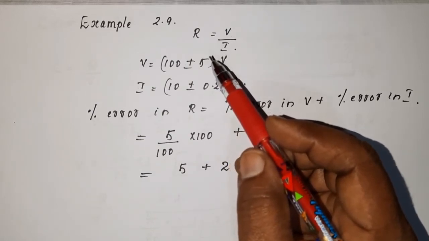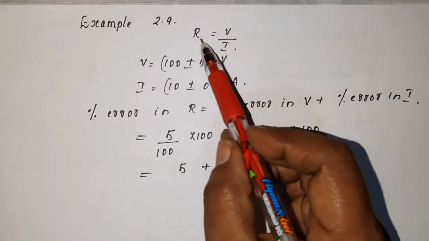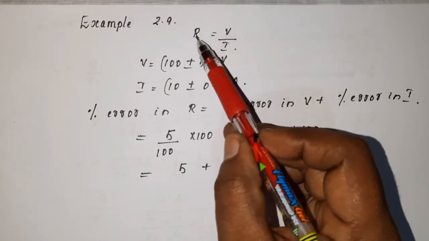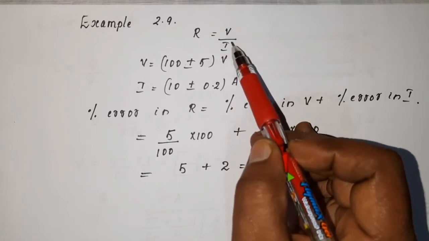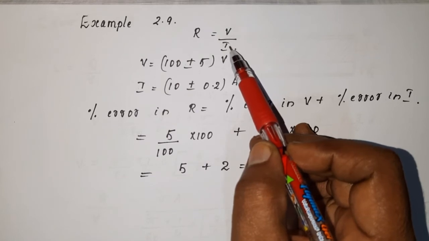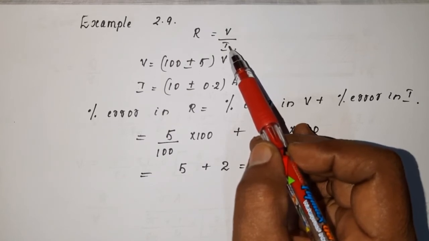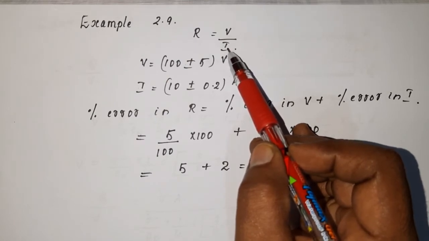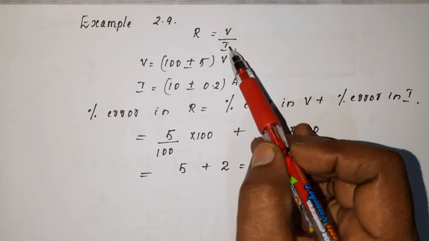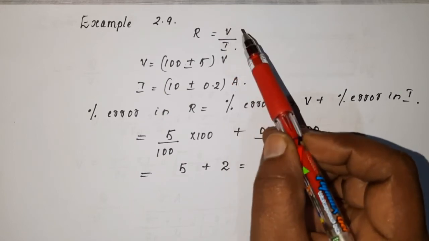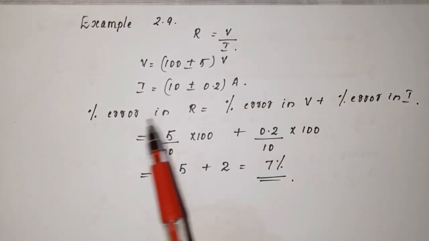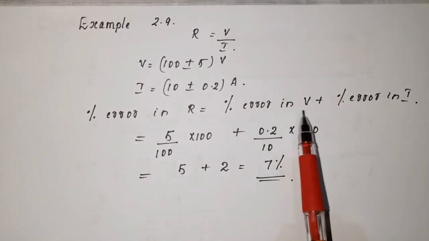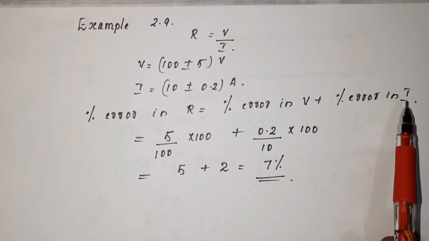We stated the rule in terms of relative error. So as per this equation, relative error in R will be equal to relative error in V, that means voltage, plus relative error in I, that is current. Okay. So relative error is the same as what? Percentage error, because simply multiplying relative error with 100 will give you the percentage error. So it's very easy to state in terms of percentage error. So percentage error in R is equal to percentage error in V plus percentage error in I.